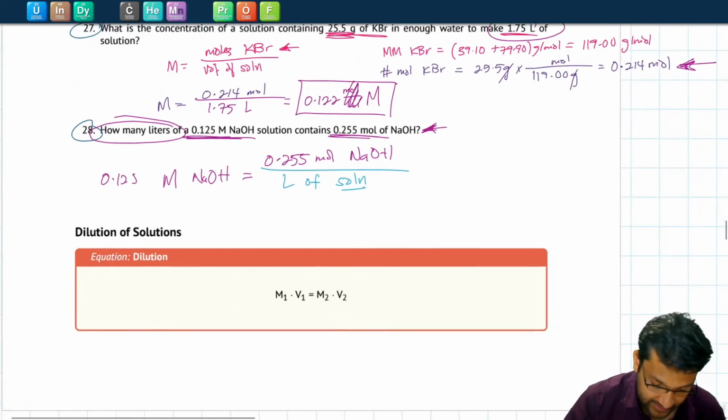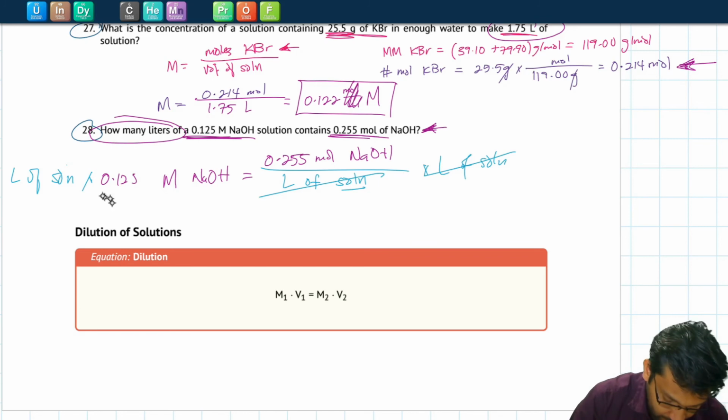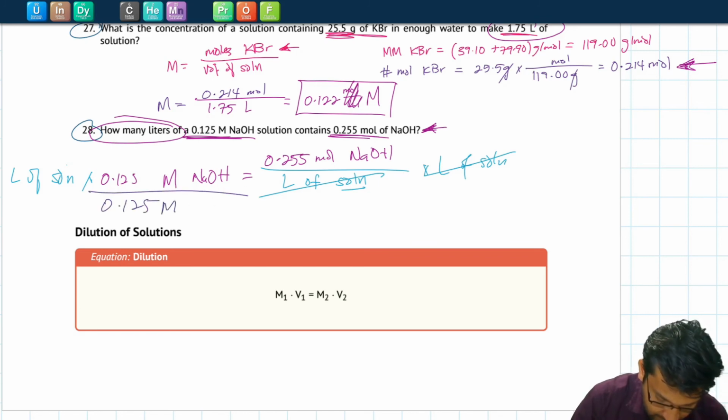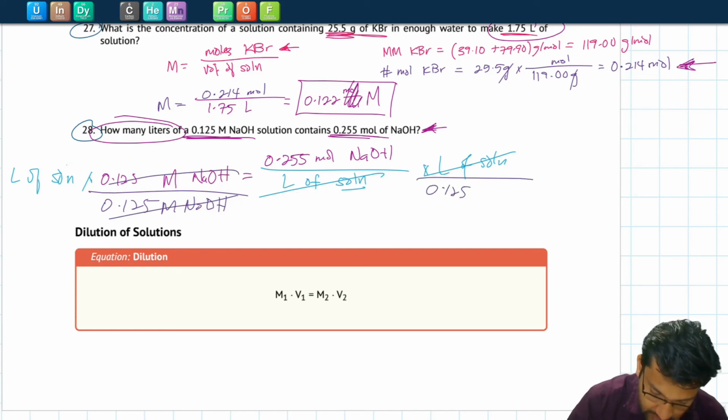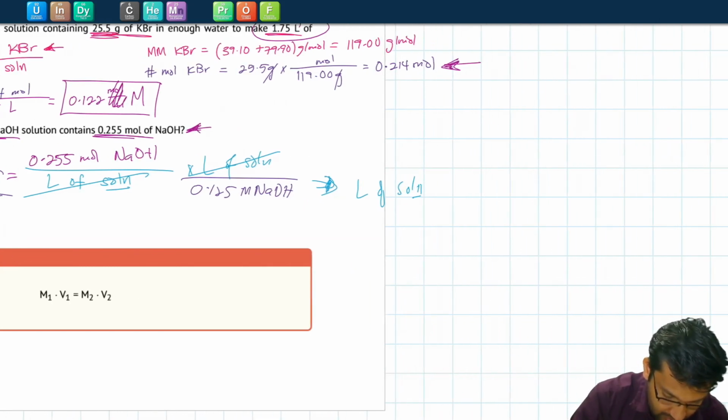Well, we just need to rewrite this problem to solve for liters of solution. So if we multiply both sides by liters of solution, and then we divide by the molarity on both sides, then we can solve for liters of solution. So let me just rewrite this more simply. Liters of solution is equal to